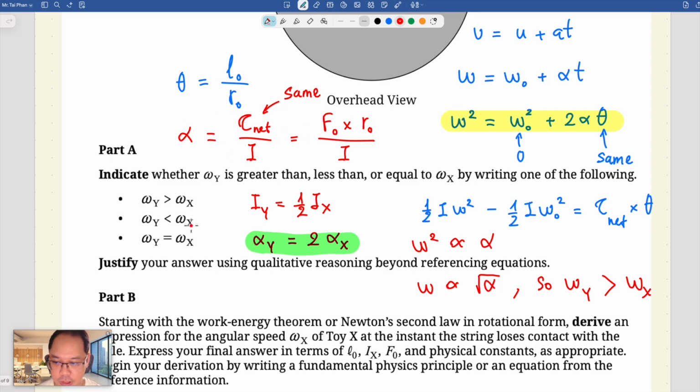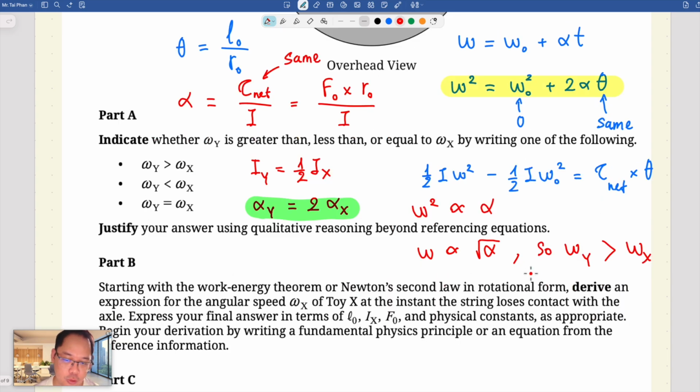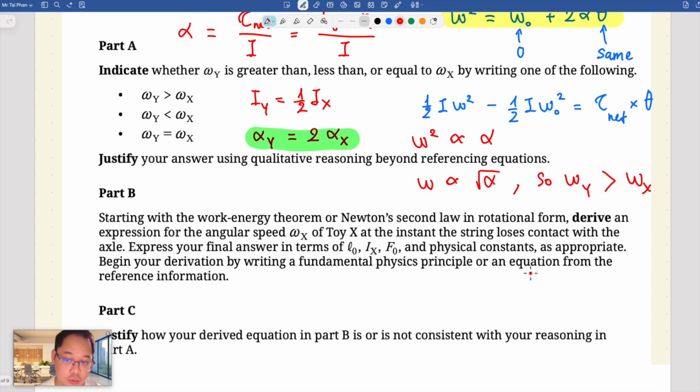Okay, of course, because the question asks us to explain the reason without using equations, we're going to write a paragraph to explain that. Okay,